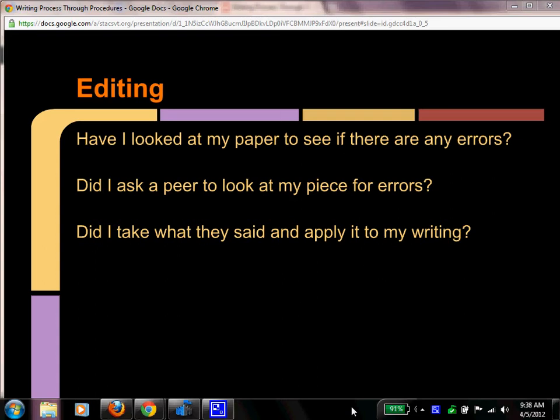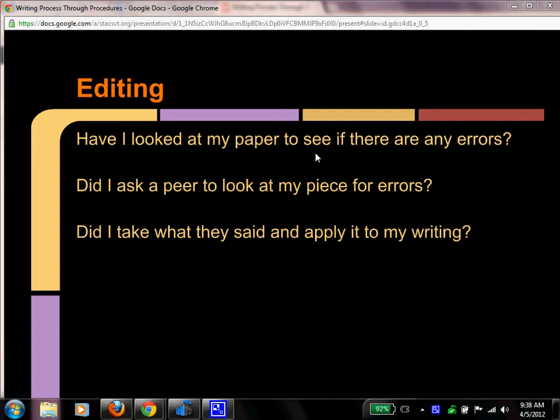You've made some revisions and did all that. Now you have to look at it and see if there's any errors. You have to do it first. It's one of the jobs of being a writer. Looking at your paper, reading out loud to yourself, listening for errors, listening and looking for places that need punctuation,